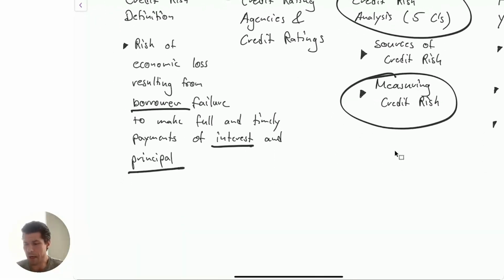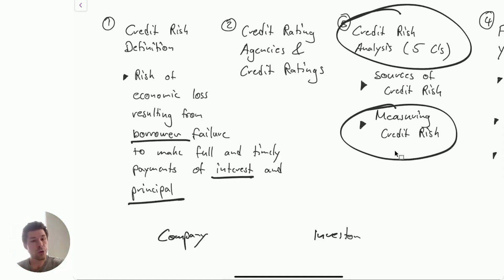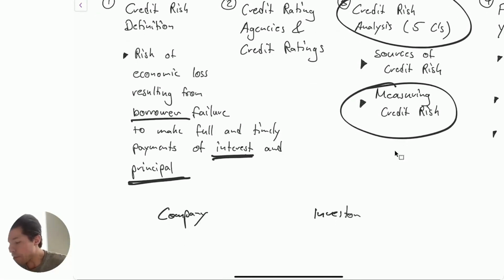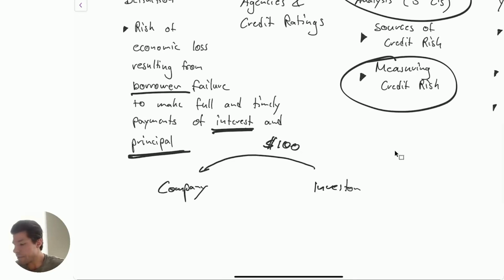What does it mean, borrower and interest and principal? So think about a company: one needs money and decides to raise debt. Because with credit risk we are concerned with debt payments, that's why we call it interest and principal. So if the company wants to raise 100, then the investor pays $100 to the company. And then over the lifetime, maybe they have an agreement for 5 years. When we talk about bonds, many times, at the very end of the 5 years, the company pays back